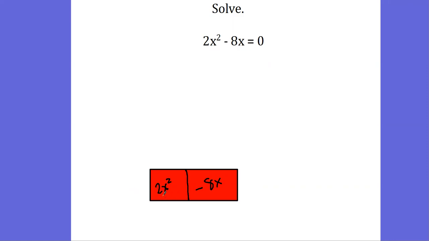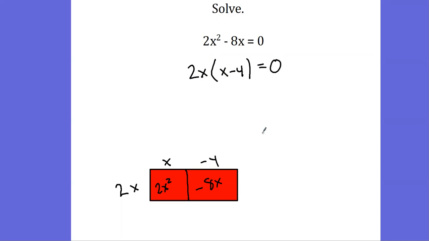So my greatest common factor between 2x squared and 8x, well, I can pull out a 2. 2 would evenly divide both of these numbers. And I can pull out an x. It's my smallest exponent. 2x times what gives me 2x squared? That would be x. 2x times what gives me negative 8x? That's negative 4. So this 2x squared minus 8x can be rewritten as 2x times the quantity x minus 4